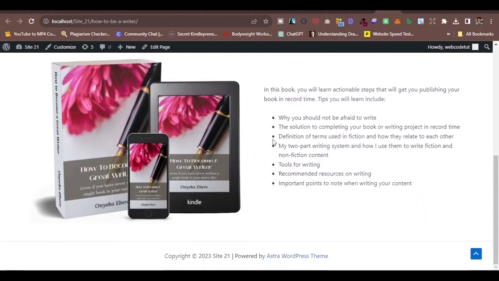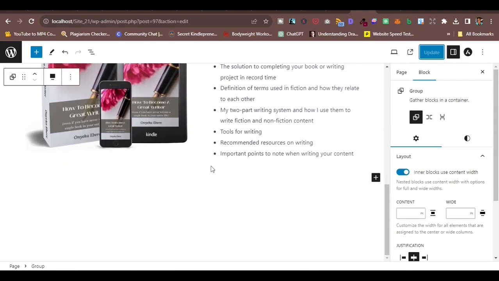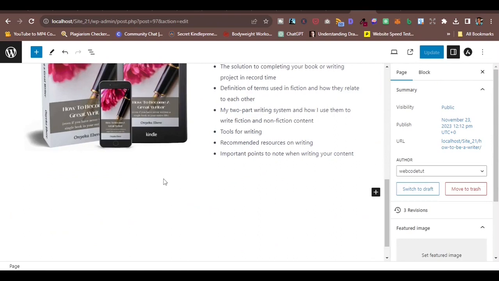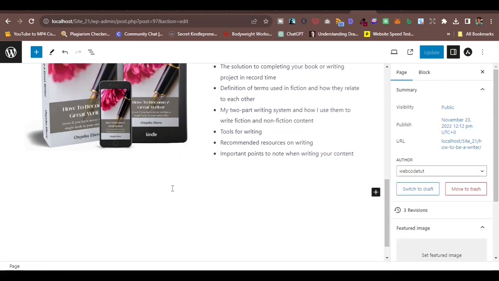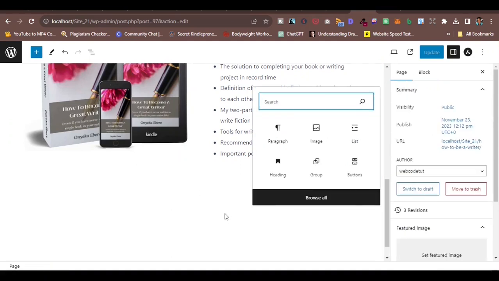Okay, so the next step is to add another image at the bottom. So I'm going to click here, and I'll add image,